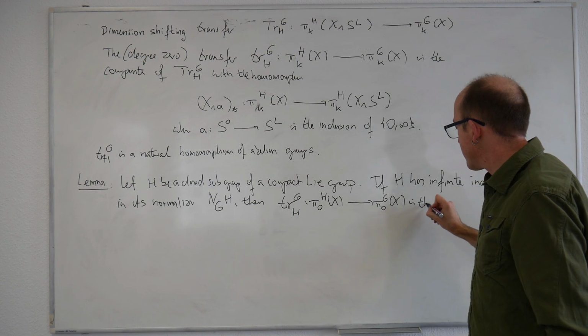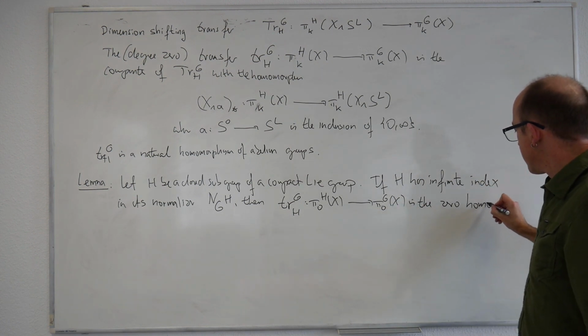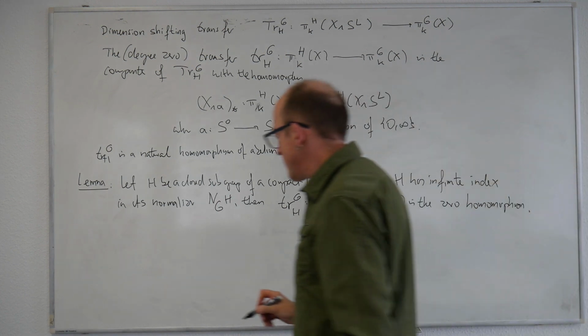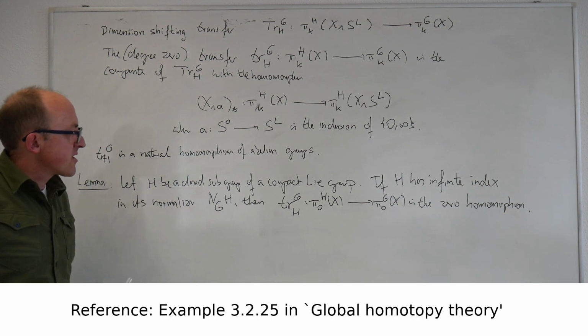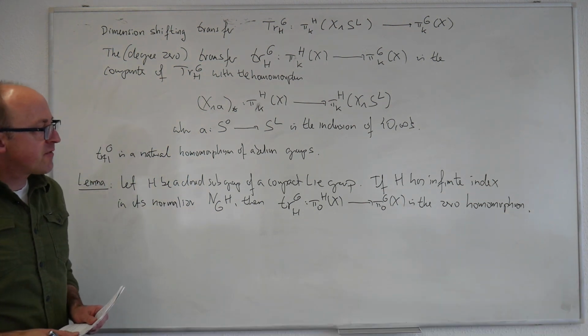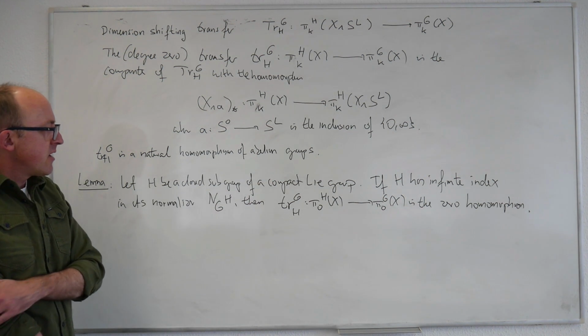It's the 0 homomorphism for all x, all orthogonal G spectra x. So it's the 0 natural transformation. Before I start the proof, one or two comments. So the first comment is that in the context of compact Lie groups, where we're always working, saying that H